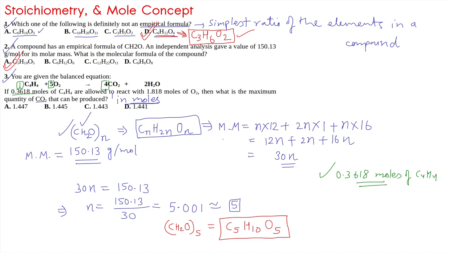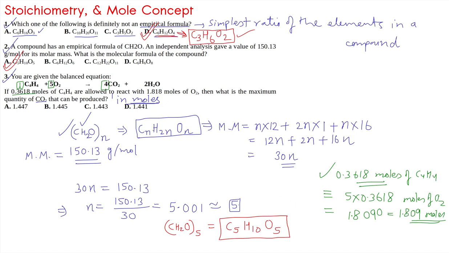But let us see if the total oxygen available here is sufficient for the complete reaction of this much C4H4 or not. Because we know that 1 mole of C4H4 requires 5 moles of O2, that means it will require 5 into 0.3618 moles of O2. So this much O2 should be present. Let us see how much it will be. Let's multiply this. 5 8s are 40, 1 carry, 5 1s are 5 plus 4 is 9, 5 6s are 30, 0 and 3 carry, 5 3s are 15 plus 3 is 18, and after 4 decimal digits you put the point, so it is 1.809. So 1.809 moles of O2 should be there.